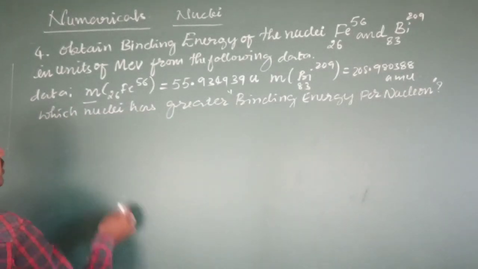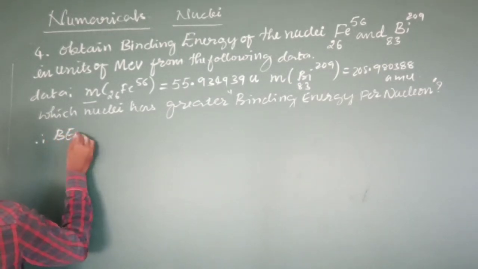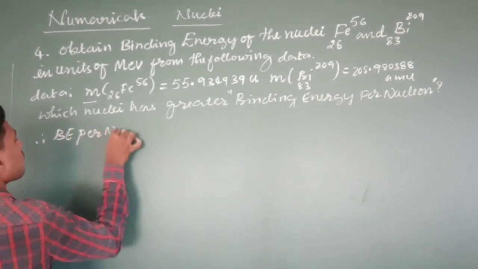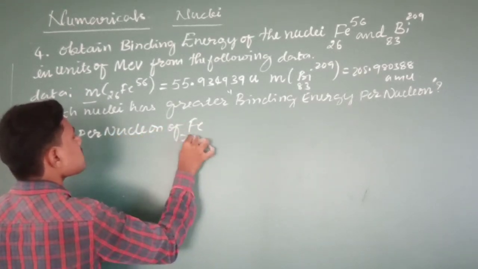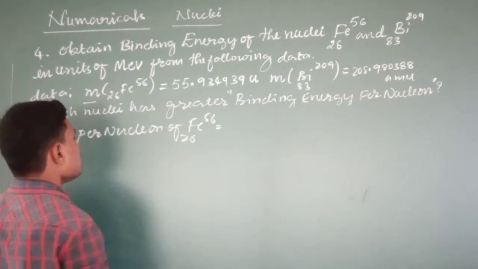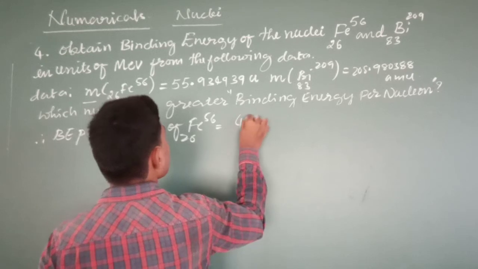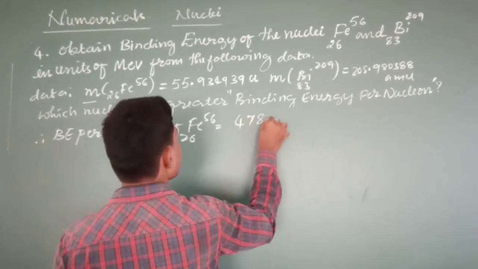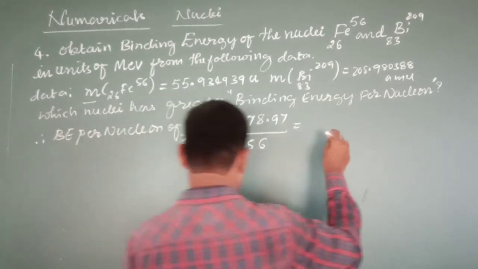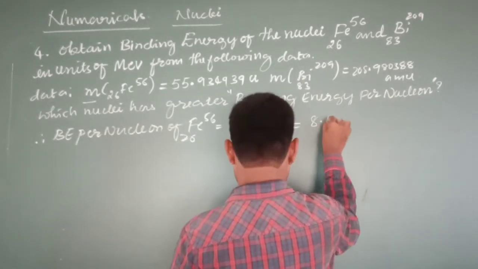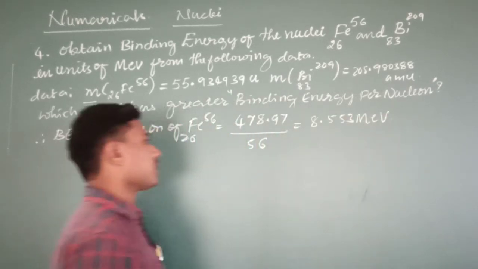So I think you might have noted this. Therefore binding energy per nucleon of iron, that is 26Fe56, is actually we got 478.97 divided by 56 we have to do. We will get the answer about 8.553 MeV, million electron volt. Okay,